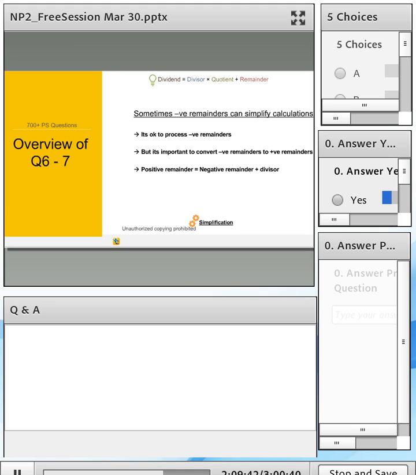Okay. These questions are difficult. These are 700 level questions. The ones which I'm telling you are 700 level questions, they are truly 700 level questions. Even the question in which the remainder was 0 because 24 was completely divisible by 3, even that question is a difficult question because of the complexity of the large numbers. So keep in mind that you're building your concepts, you're building your process skills. That's why you're able to solve these questions correctly.